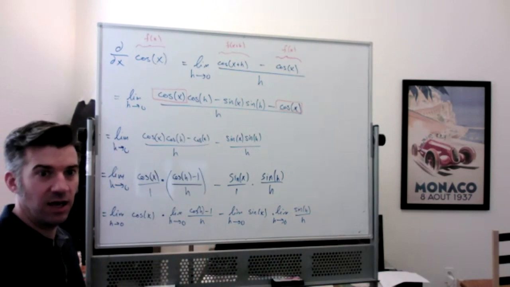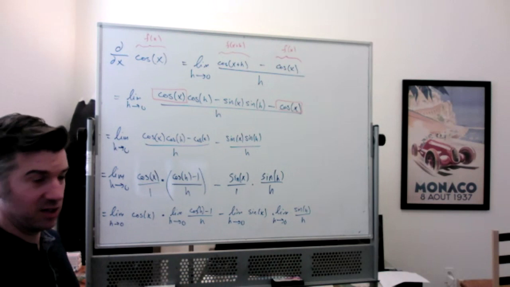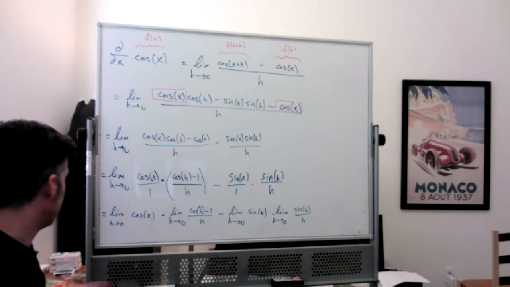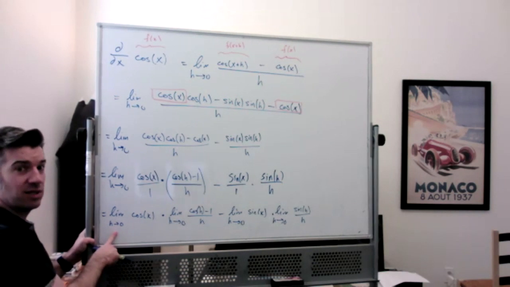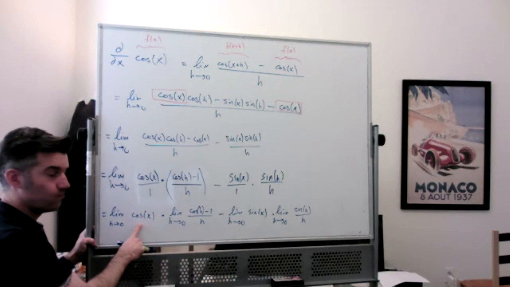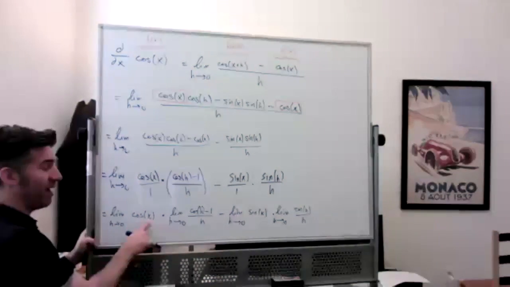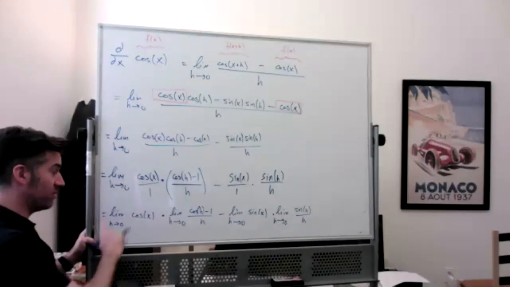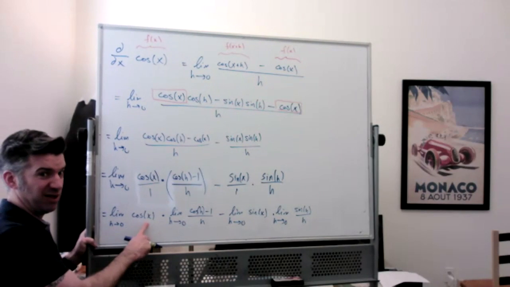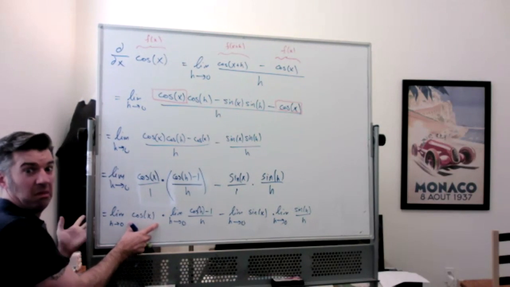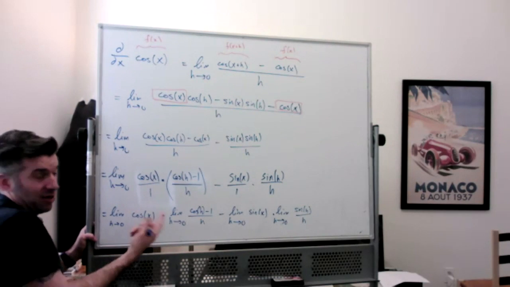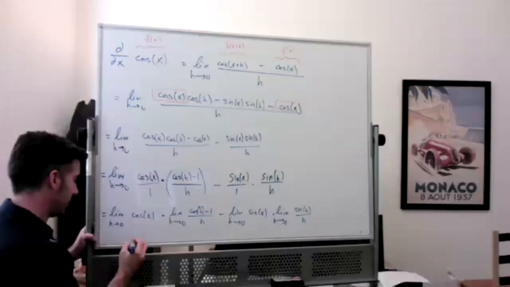Okay, I'm going to ask you guys to help me. Either you can say words or type things in the chat. What is the limit as H goes to 0 of cosine of X? 1. If it was cosine of H, it would definitely be 1, because cosine of 0 is 1. But I'm not plugging in X equal to 0, I'm plugging in H equal to 0. There's nowhere for H to go. So what am I left with? Cosine of X. So right here, I'm just going to get cosine of X